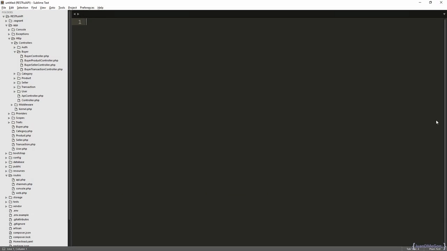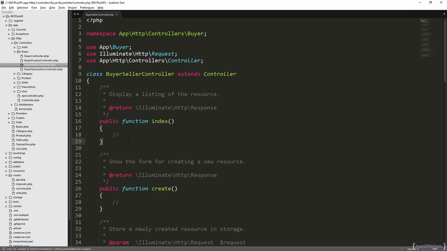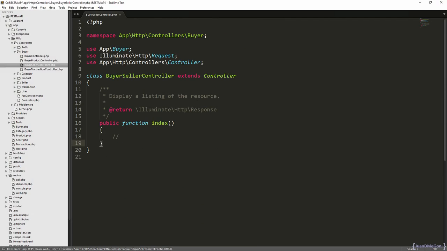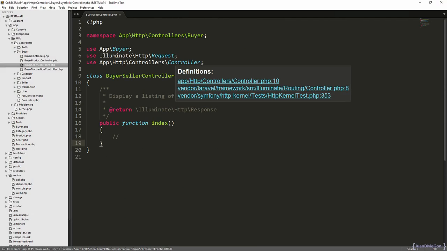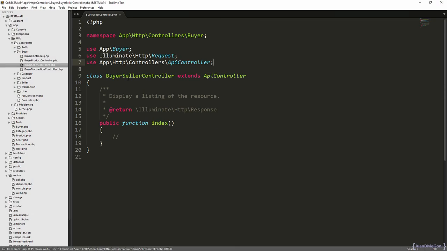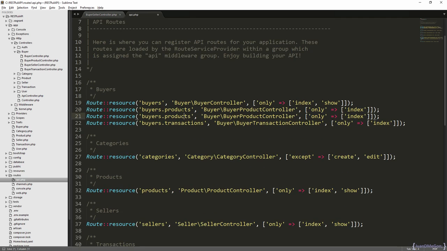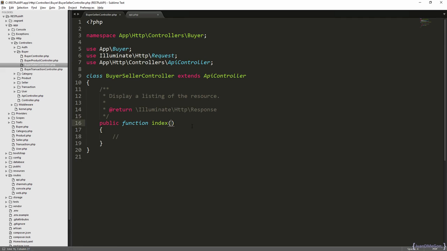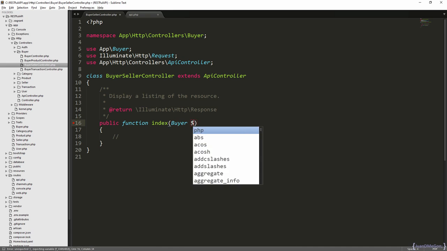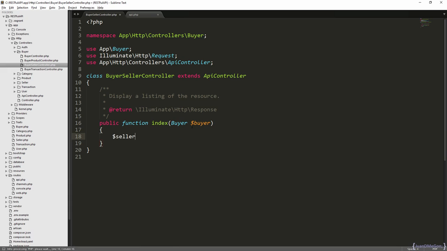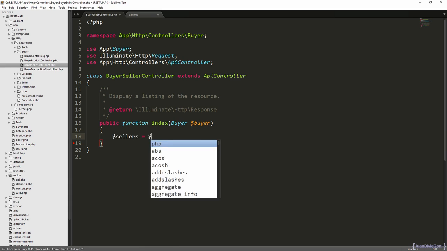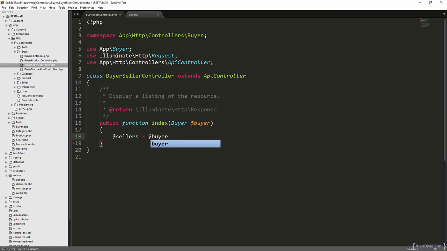Again, we only need the index method. We are extending from ApiController. And let's register the route. After this, we just need to receive the bind model. So the sellers are going to be equal to buyer